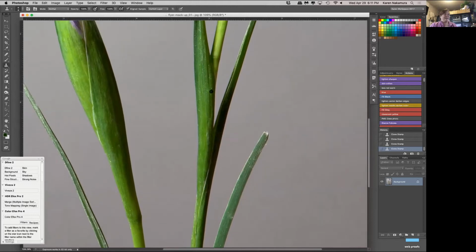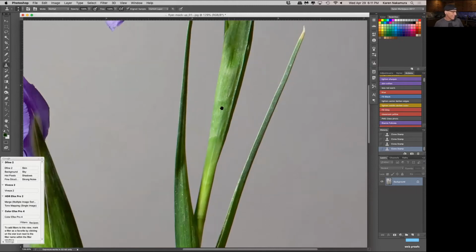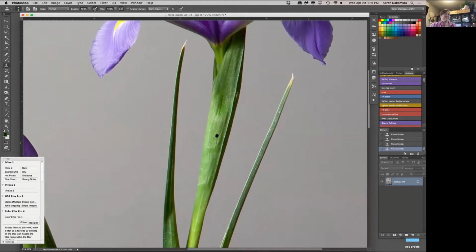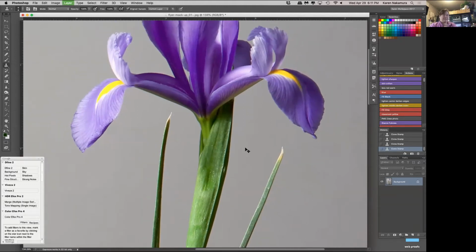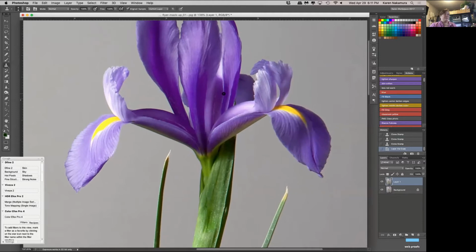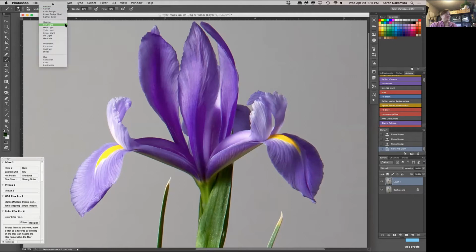Good, because who needs a 4 GB file with 500 layers once you've kind of moved past some things? Makes sense. So then I'm going to duplicate the layer just so you guys can see. This is Command J. So if you're on the brush and then you go to multiply,